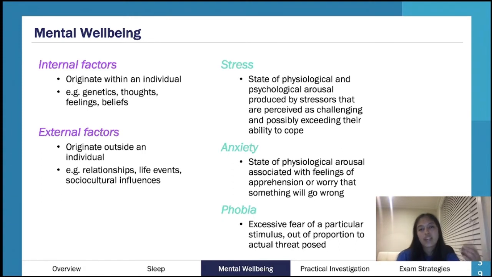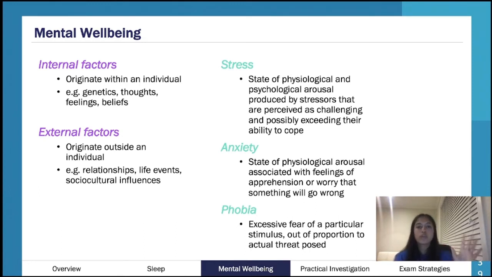And it can be good and bad. But if you experience stress, you may slip down that continuum a little bit, but it might not mean that you're extremely stressed out all the time and extremely anxious all the time. It just means that something is causing a period of stress. Anxiety is separated from stress in this idea that it's always sort of negative and we're always thinking about something going wrong in the future.